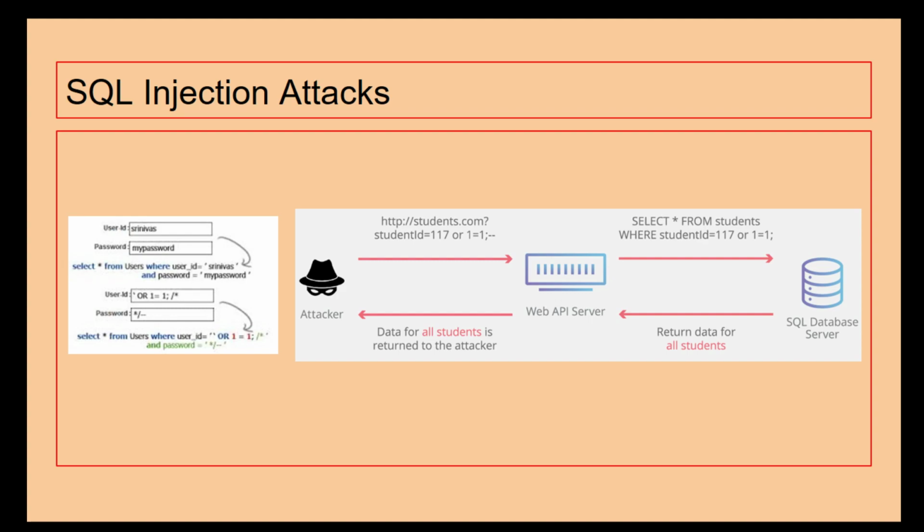You can see from the image on the left hand side, we've got a username and password, and then that is going to select star from users where username is universe and the password is password. What this is going to do, the link below it, is it's breaking the SQL code and then it's putting in that all equals 1 equals 1. And then the password is just whatever you want it to be. So then it's tricking it into thinking that it's got valid information,